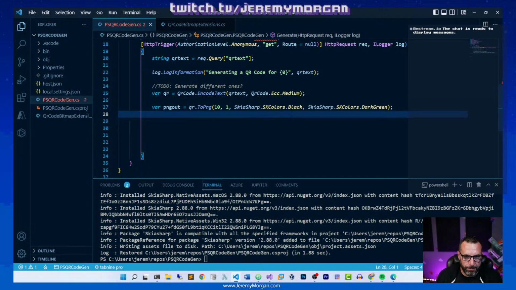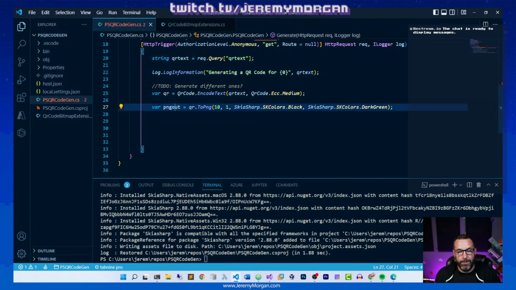And now comes the fun part. So we have a PNG out. If we wanted to, we could just write this to a file and store the PNG wherever in the execution environment this Azure function lives. If we were writing a console app or a WPF app, then we could take this PNG out and stuff it somewhere. However, we're going to create a JSON return object for it, and we're going to spit it into